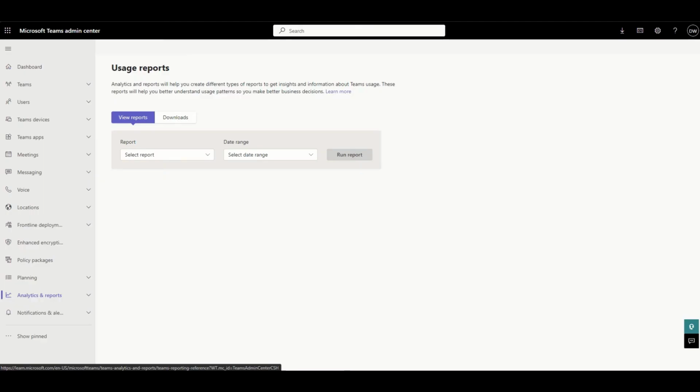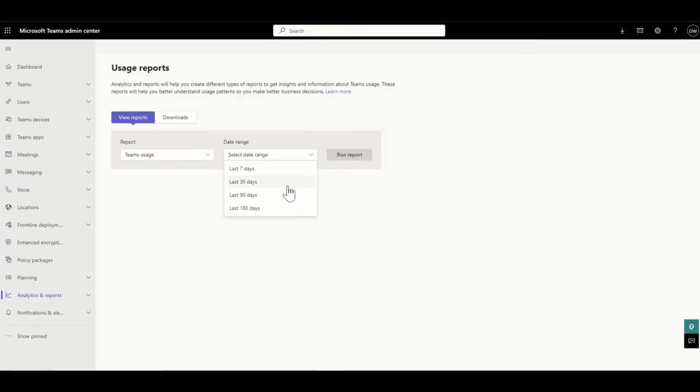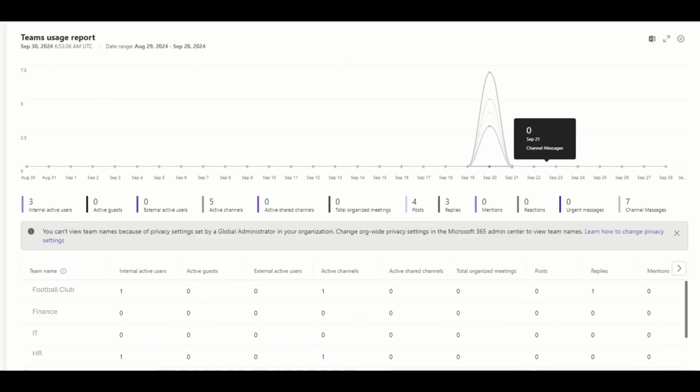So now we know that they can track the different devices that we're using, but what can they actually see that we're doing in specific Microsoft Teams? Another very useful report in the usage reports is the Teams usage report. Now, this will look very similar to the first report that we ran, which was the user report, whereas with this report, if I was to scroll down, you can see here all the different